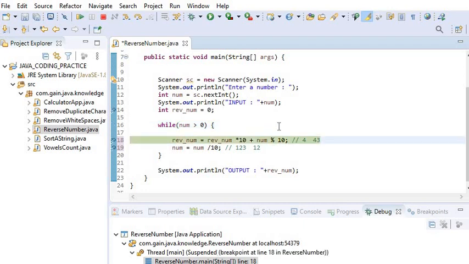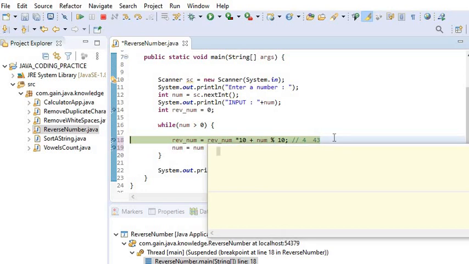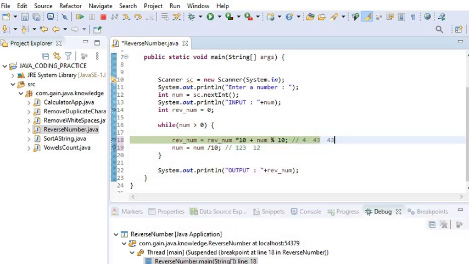In the next iteration, 54 is multiplied by 10 and the remainder will be added. The number value is 123, so the remainder will be 3. So 54 into 10 is 540 plus 3, and the reverse number value will be changed to 543.